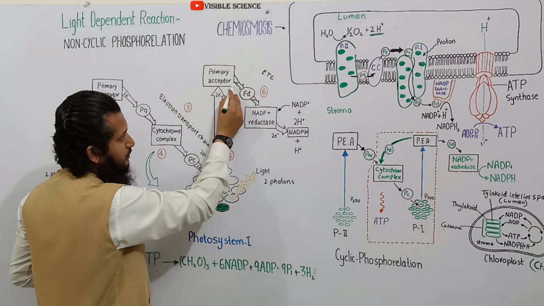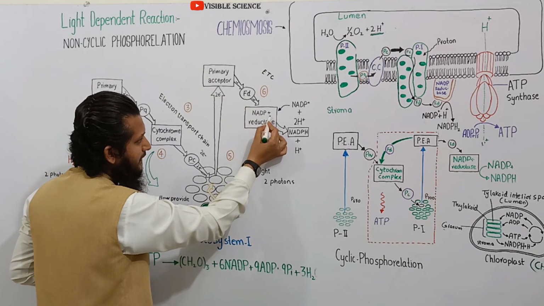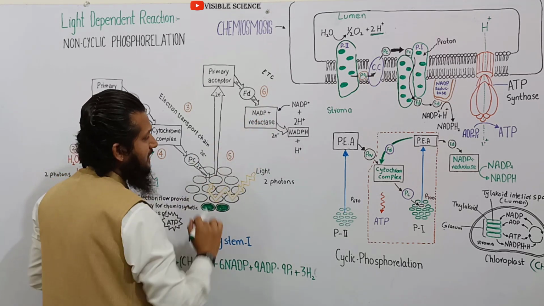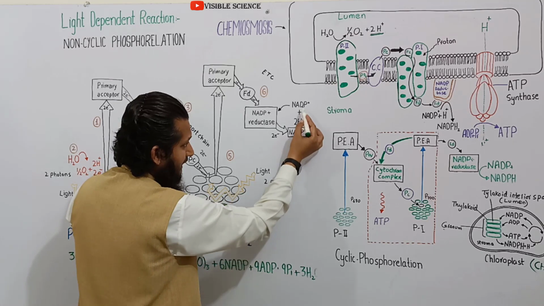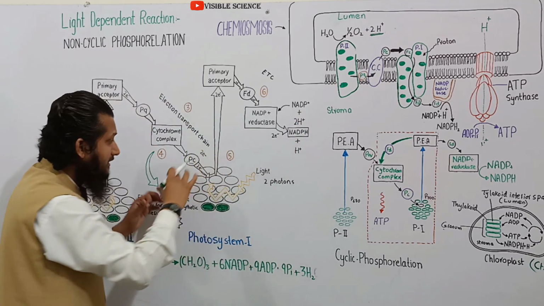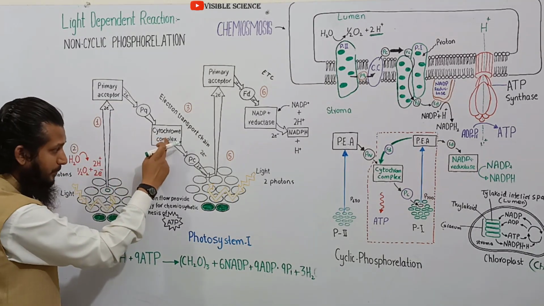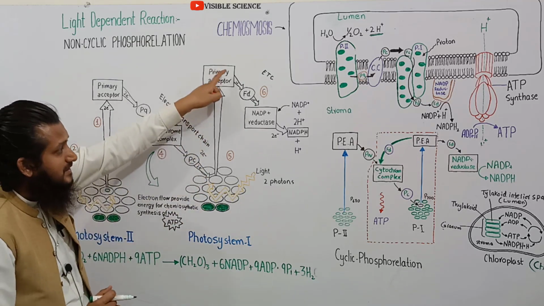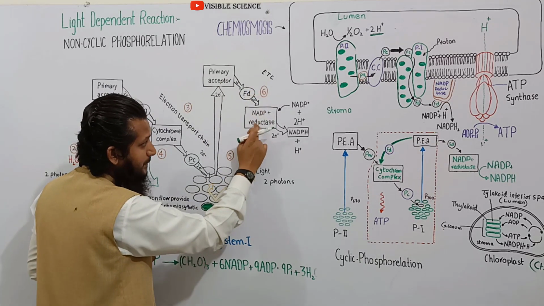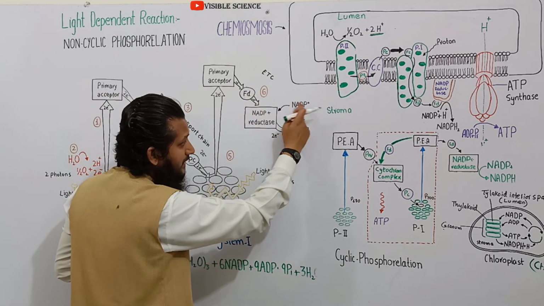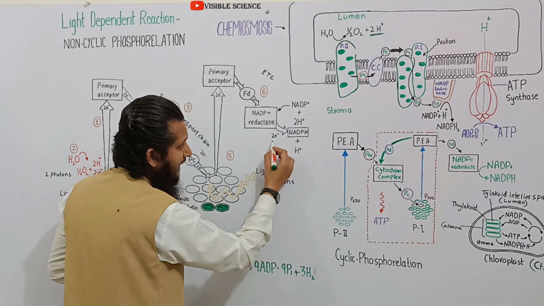Here is the ferredoxin, these two electrons go to ferredoxin, and then these two electrons go to the NADP reductase. It is enzyme NADP reductase, which utilizes the energy of these two electrons to produce NADPH by NADP to NADPH. Here in this process, the energy of photo-excited electron is utilized by the cytochrome complex to produce ATP, and in this electron transport chain, the energy of photo-excited electron is utilized by NADP reductase to convert NADP into NADPH plus H by utilizing two protons and two electrons.